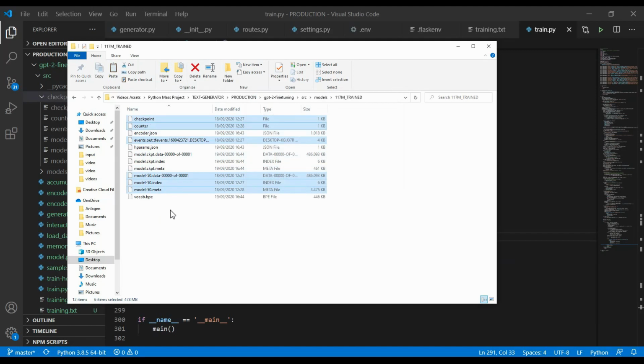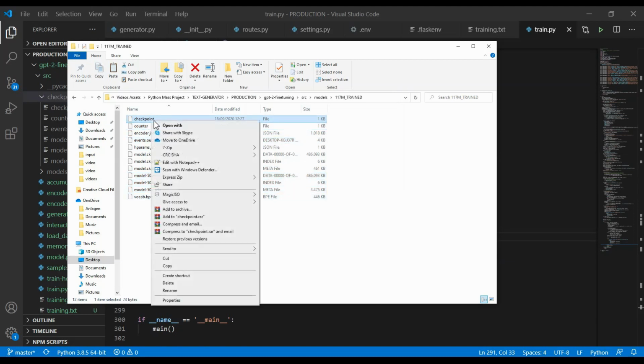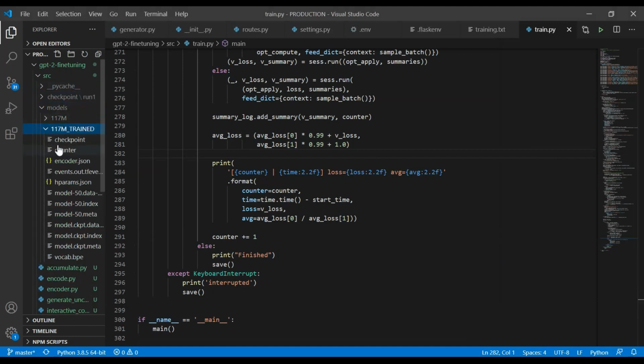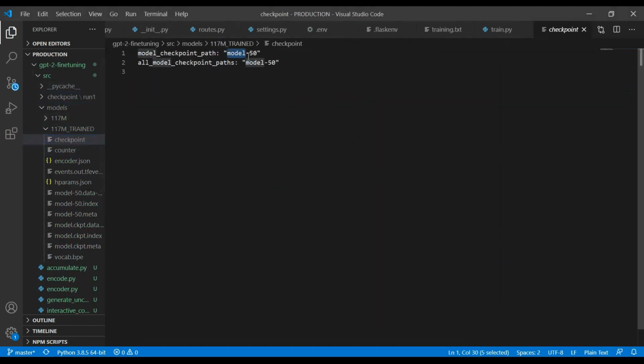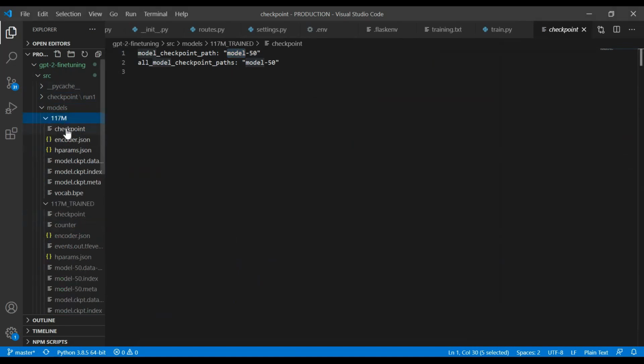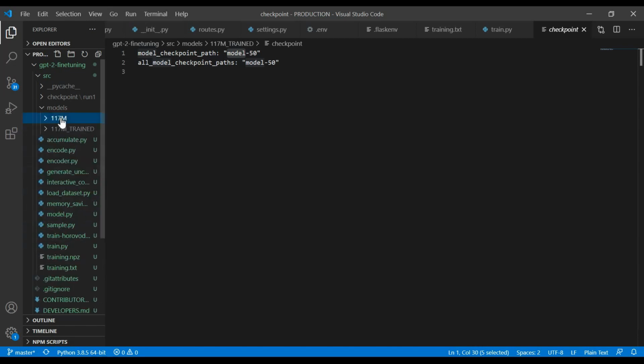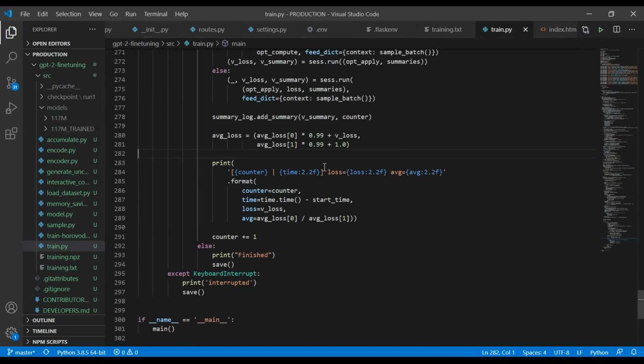So don't worry about other files. You could delete them or just leave them in there. It won't really matter. The important thing is that our checkpoint, let's open it inside of our models here, is going to refer to this model 50 here. As you can see, our checkpoint refers to, for example, model.checkpoint, and here it refers to model 50.checkpoint. So you could rename this as you would like, to adapt it to some naming conventions, but this is the simplest way